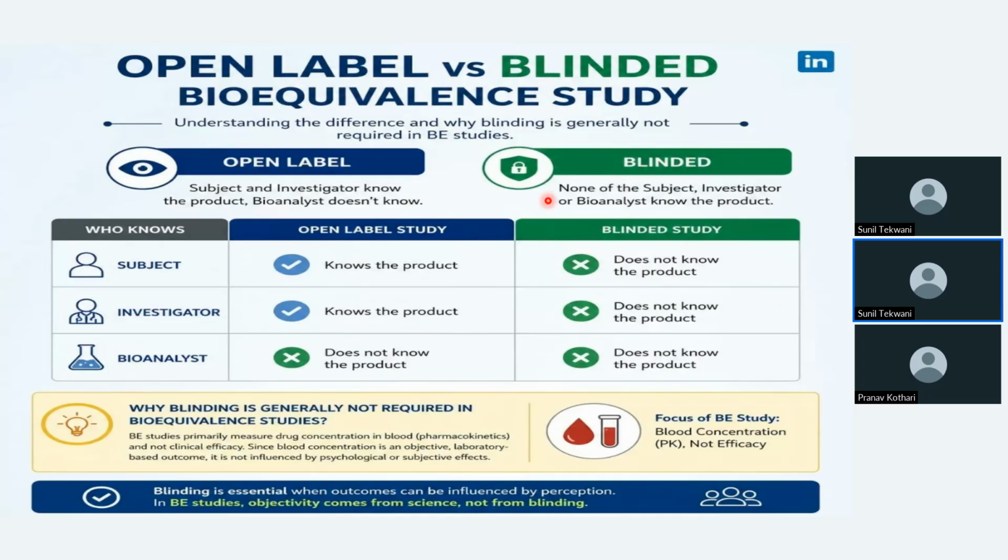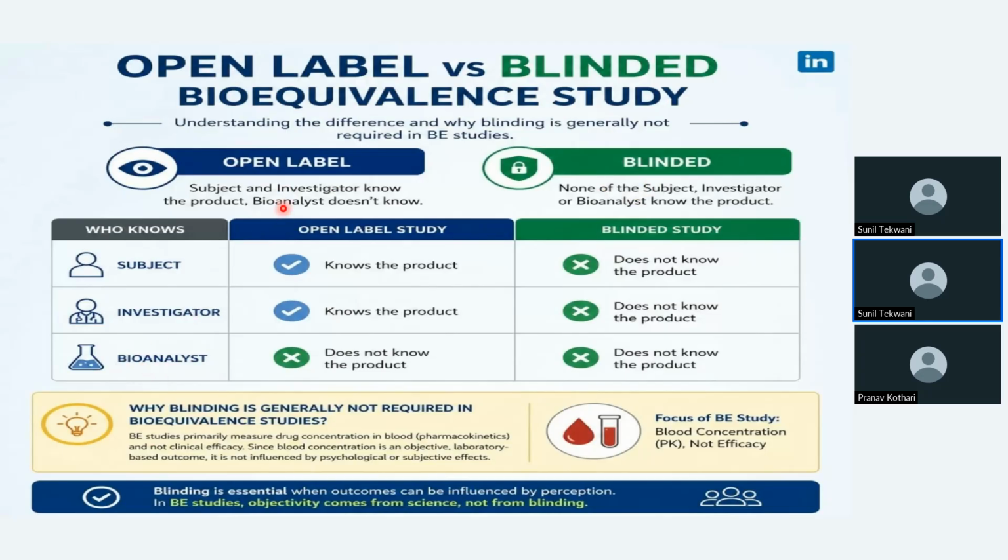So normally in a clinical study, three parties are involved. The human subject who's taking the drug, investigator who is doing the study, and the bioanalyst who is doing the analysis on LCMS of the blood samples. So ideally these three parties are involved majorly. Many other roles are there, QA, pharmacist. But as far as this open label and blinded is concerned, these three parties are the main roles